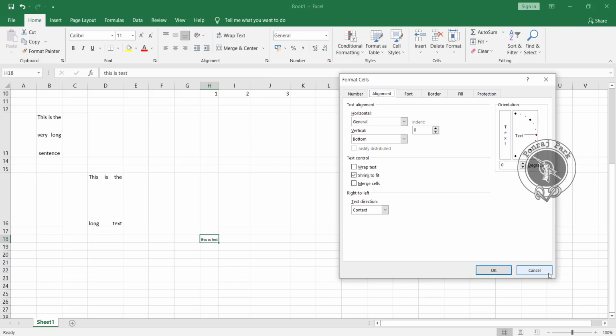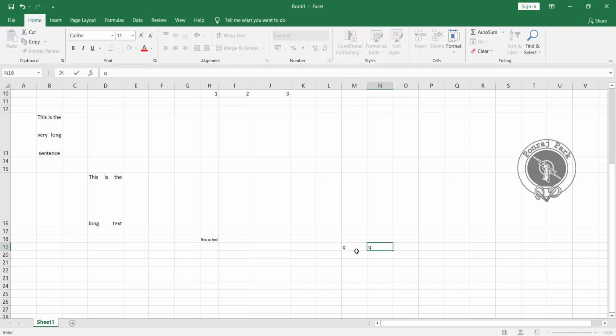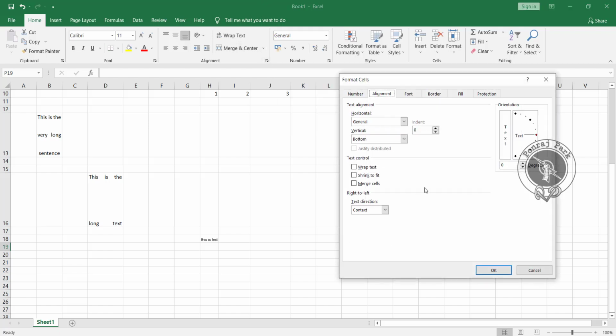And merge cells, so as you know, for merging cells you can merge from here, also you can merge from here. So both these options are available. And then lastly we have here is the text direction. So normally we have the text direction from left to right. Okay, as we are writing anything, it comes from left to right. If you are using some other language like Arabic, which usually starts from the right hand side, right? So if you want to change that alignment, you can do it from here, right to left. So for that you have to make your Excel language Arabic, then you can come here and change the direction.